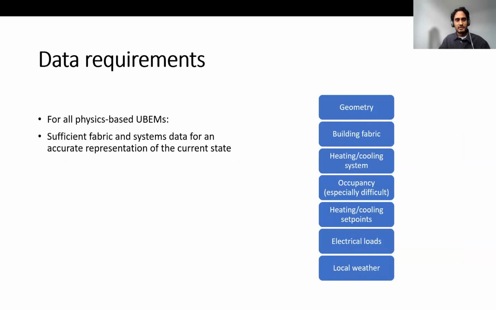So here are the general data requirements for physics-based urban building energy models. These are shown on the right-hand side. So this includes physical properties of the building itself and also geometry of surrounding buildings, but also information about how the building is used and the local weather patterns. And in general, some of these factors will be unknown and they'll need to be inferred or estimated from the data available and other research.